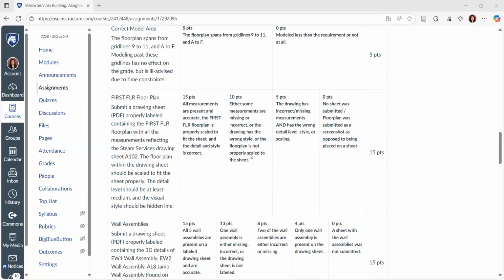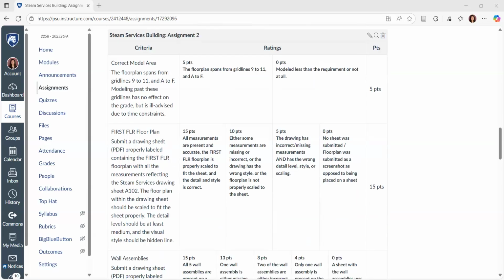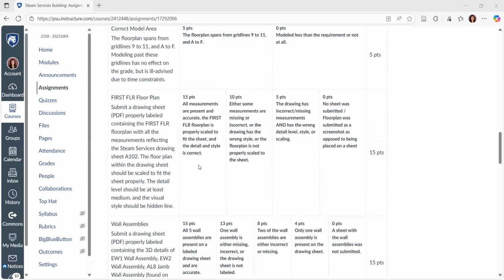Next, this is focusing on that first floor, so we're going to want the first floor plan. And similar to assignment 1, we want it labeled just about the same as it is in your drawings. Now, what we mean by this,